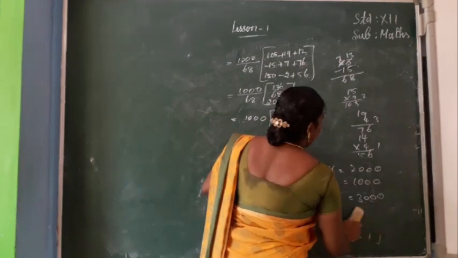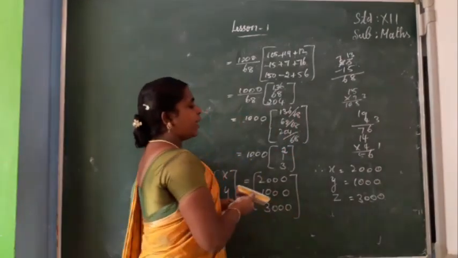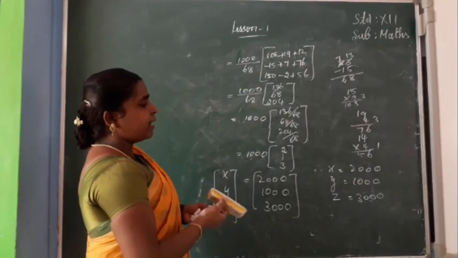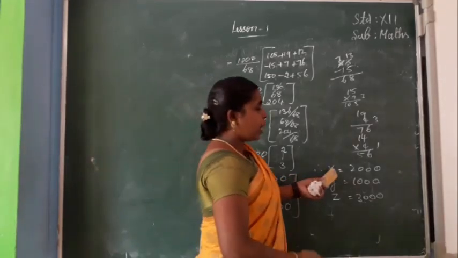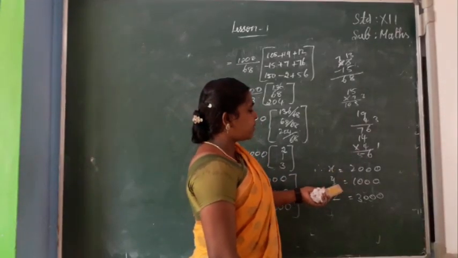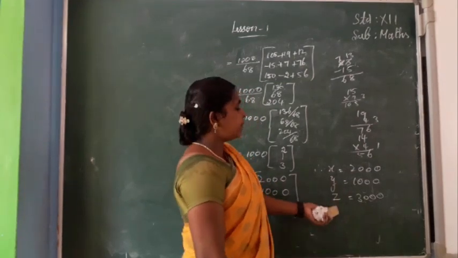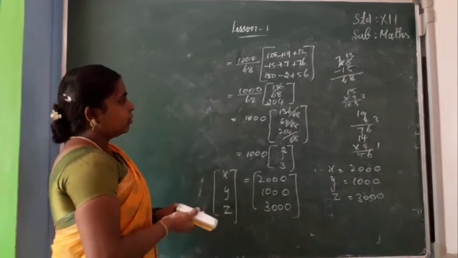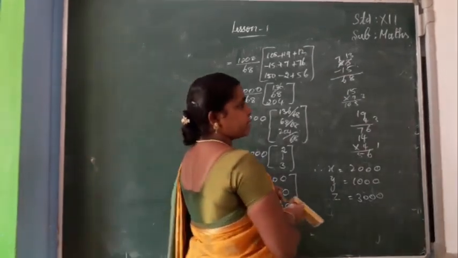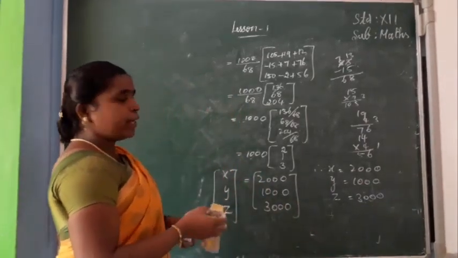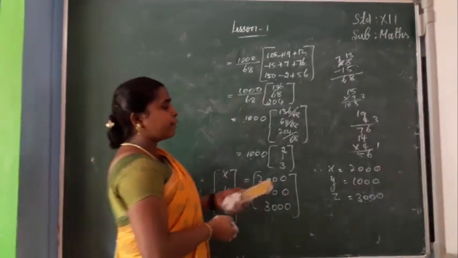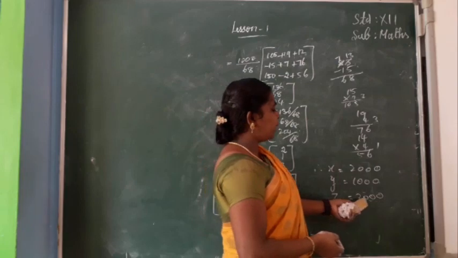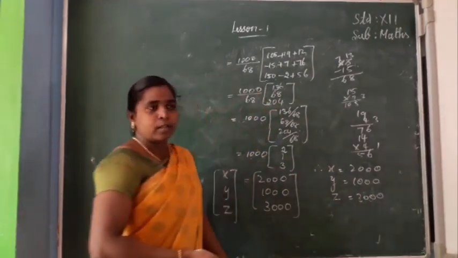Okay, now you see, actually from the beginning I have taken x, y and z to mean the price of one commodity of A, B and C. That is, x denotes the price of commodity A, y means the price of one commodity of B, z means the price of one commodity of C. So that's all. In the last line also write: price of 1 unit of A equal to rupees 2000. Price of 1 unit of B is rupees 1000. Price of 1 unit of C is rupees 3000.